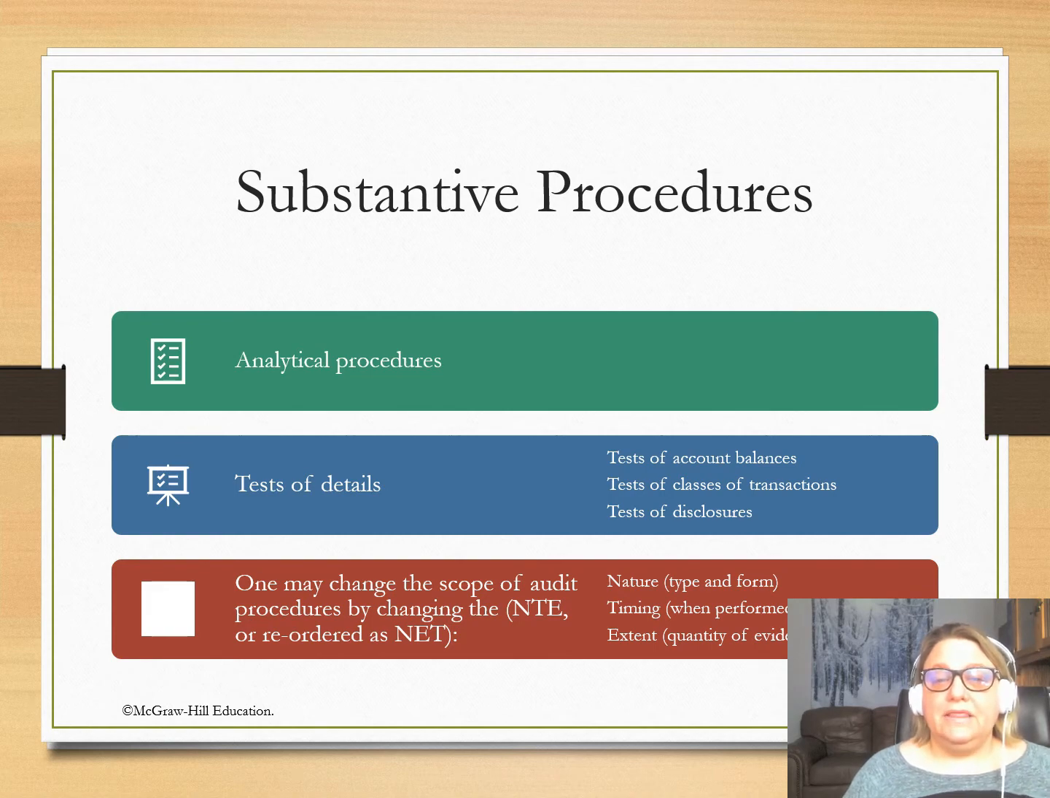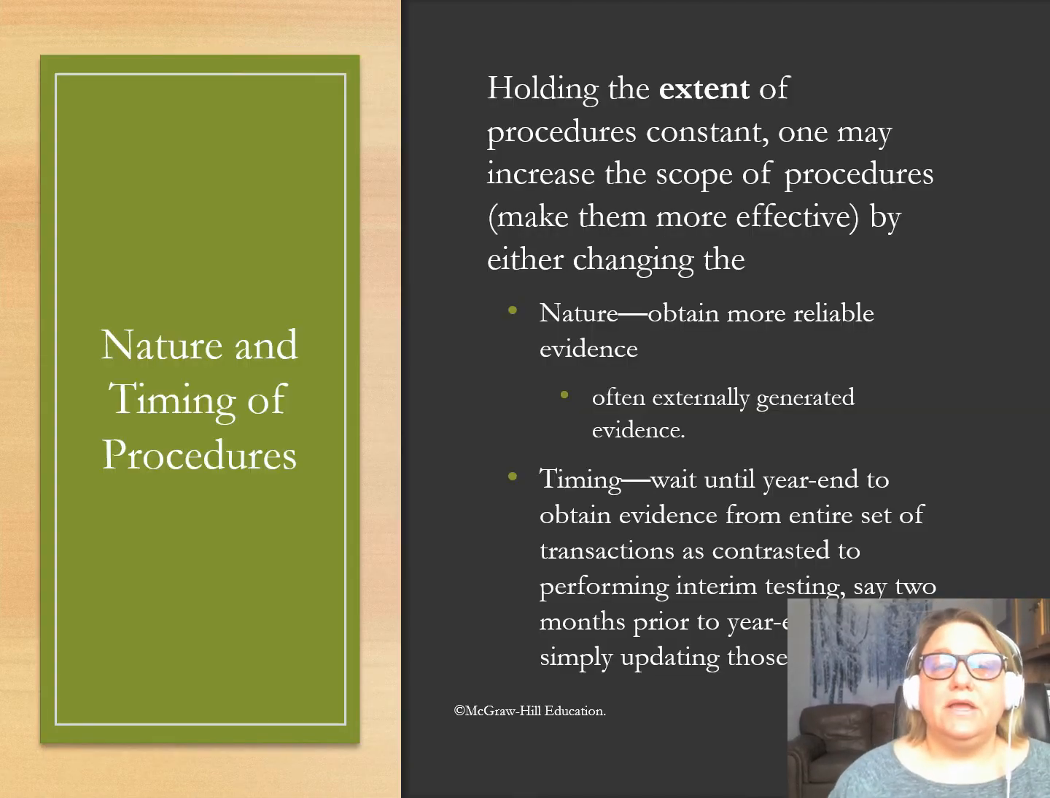And then you can change the scope by changing the NTE, which is the nature, timing, and extent of the procedures. So it's basically how deep you want to go into that. If you think you need to do more because you want to lower the detection risk because the other two risks are high, then you go on, and we'll talk about it too. All right, so nature is obtaining more reliable evidence,